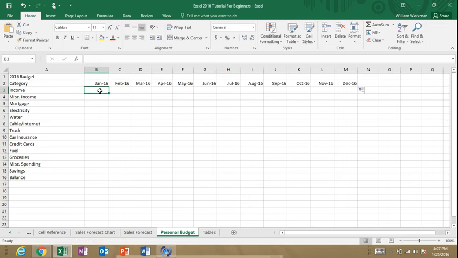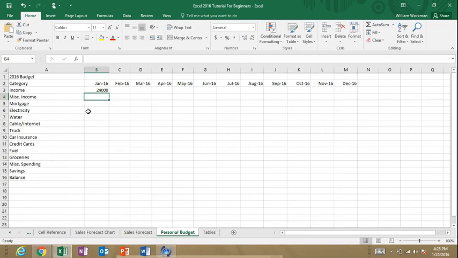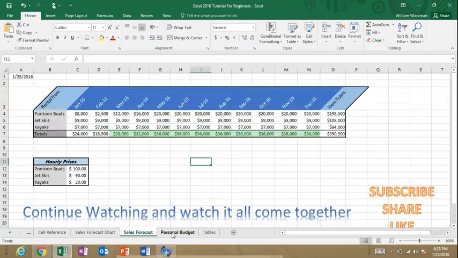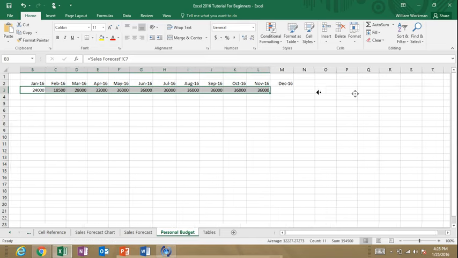Okay, we're going to do our income. We're going to refer to our sales forecast for income, so I'm hitting the equal symbol because we're referring to another cell, clicking over to our sales forecast, and I'm going to select the totals, the total revenue for the month of January, and there's our income. Now you learned about relative cell reference, so you can do that when you're referring to other worksheets. Since we're dragging it